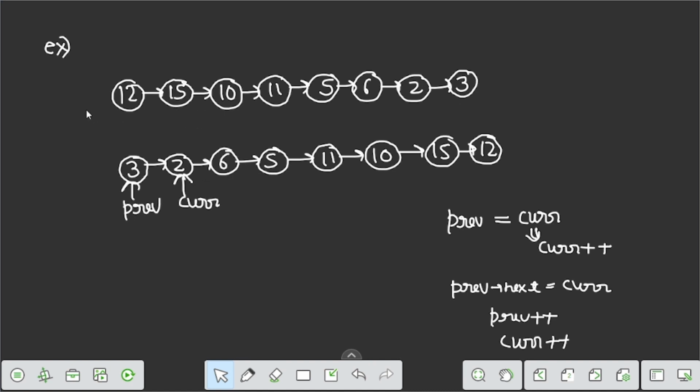After reversing the linked list, it becomes 3, 2, 6, 5, 11, 10, 15. So we simply reverse the list. Now we assign two pointer variables, previous and current. Previous is pointing to the head of the linked list and current is pointing to the next of that. Now we perform an operation: if there is an element present in the right direction which is less than the current value, then we simply